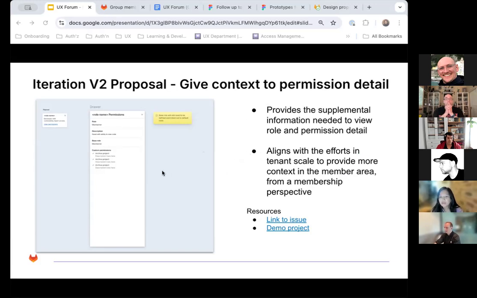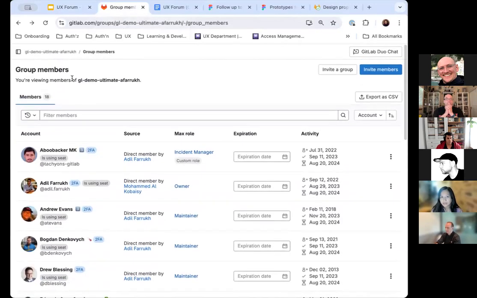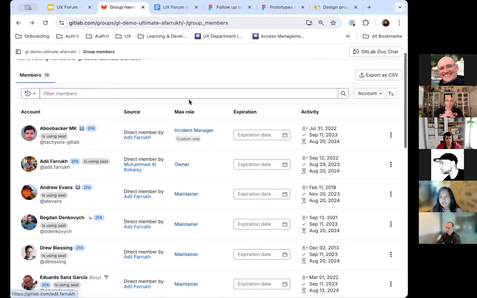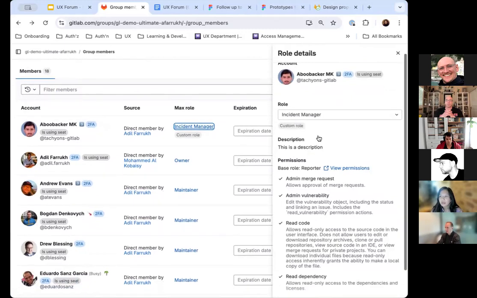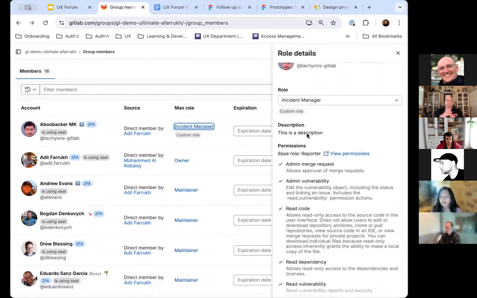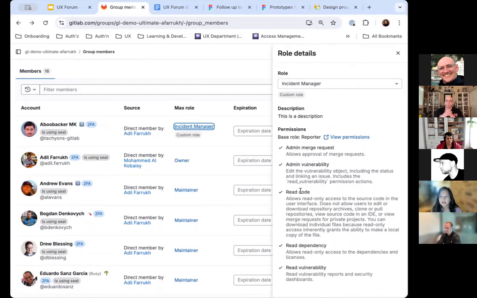This also aligns with their effort and was very much inspired by some of his ideas. We actually implemented this, so I'd like to show you how version 2 looks in the product. Here is a test group that is on Ultimate, and what you're seeing is the member page. From here, you can click on a custom role or any role for that matter, and view all the details, that is the description, the permissions, the base role, and all of the additional permissions that have been added